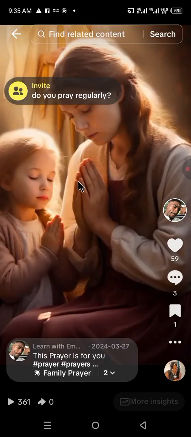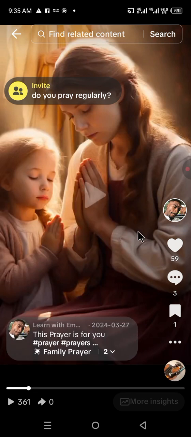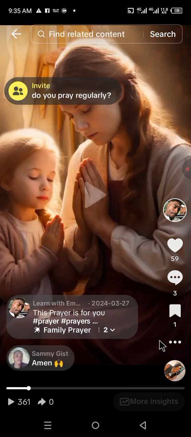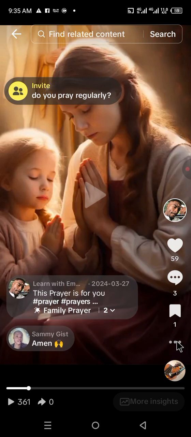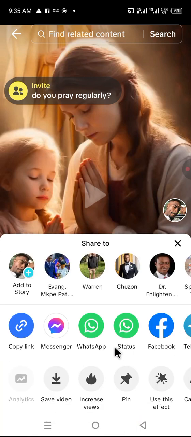This prayer is for you watching. All right, the video has opened. Now you simply come here to this three dotted button. Click on the three dotted button, and then click on increase views. Once you click on increase views,